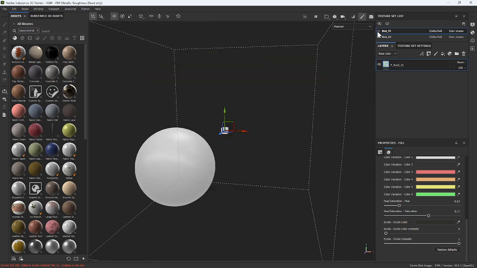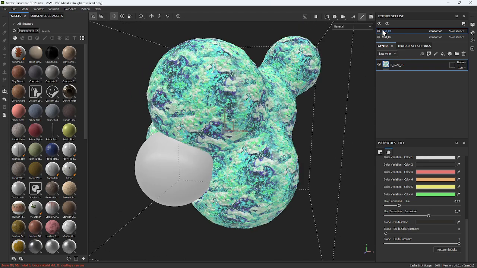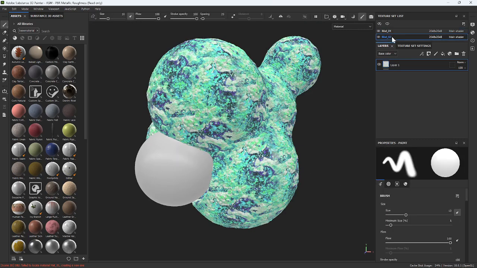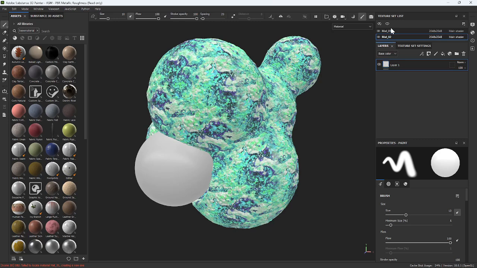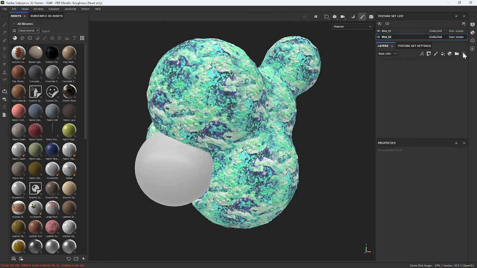Now we're still in material 1. If we turn that off, we lose this one. Let's go to material 2. You can see that there's a layer here. It's not the paint layer. I only see the layer that we've done in material 1 when I'm in that material. Here I can delete that one. Let's go back to our